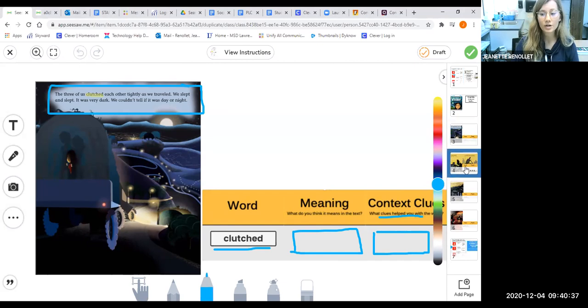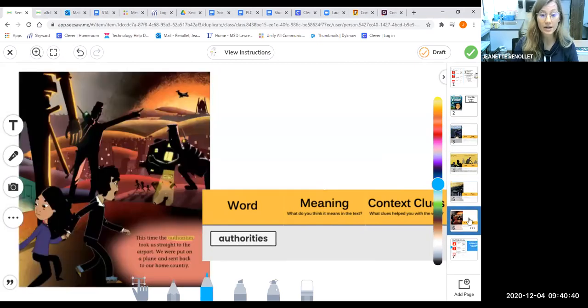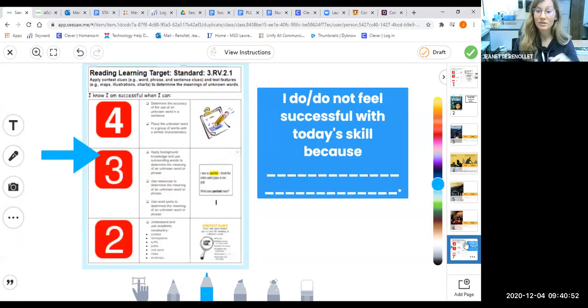You have 4 to do that I will grade and put in your grade book. Take your time, use your context clues, and show me your best work when you turn it in. Don't forget to reflect on your success today. How did you feel using context clues? That is our job today. You will turn it in with the green check for a grade. I will be grading this assignment.